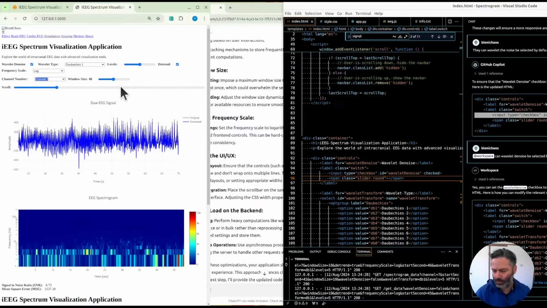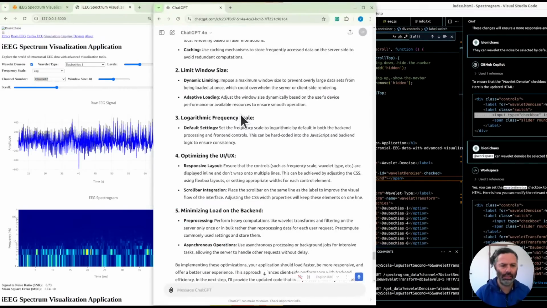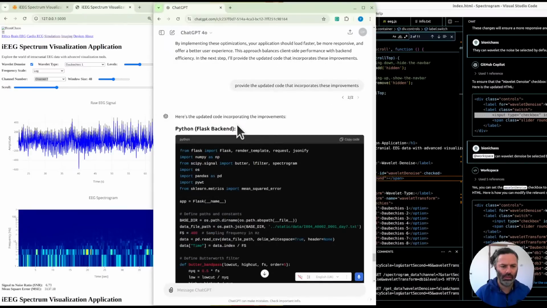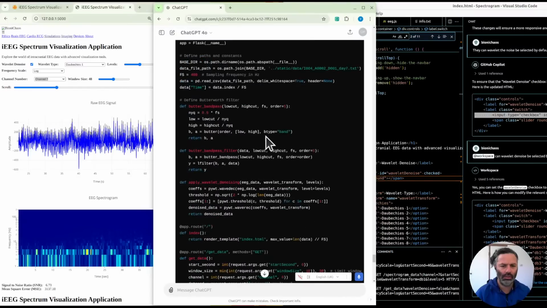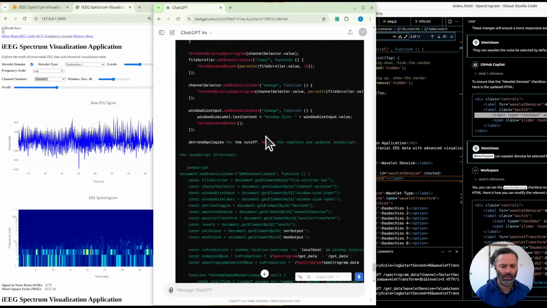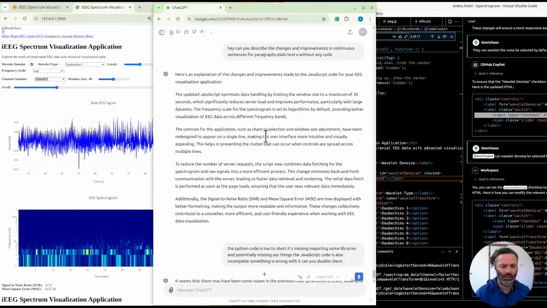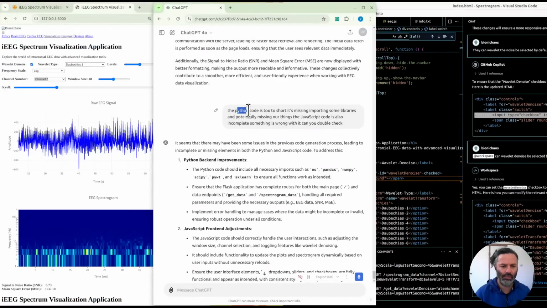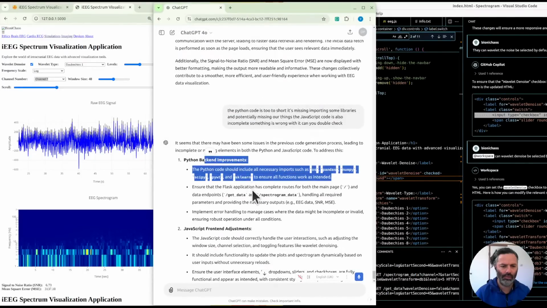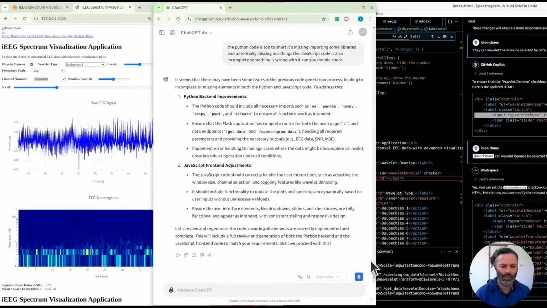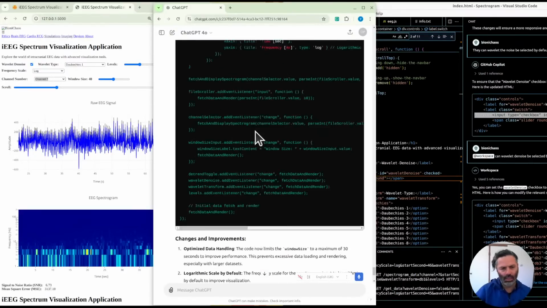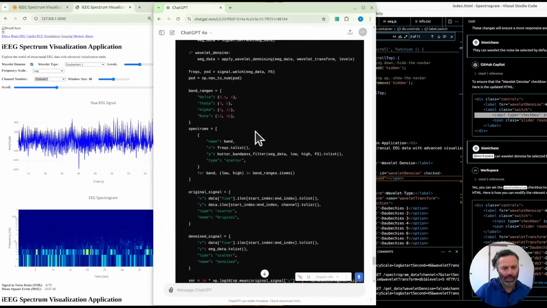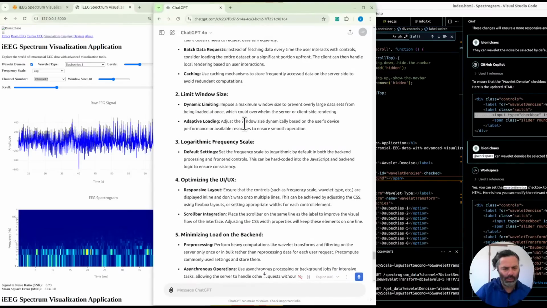Yeah, we'll do a maximum of 30 seconds. It's refusing to code, being a bit lazy. That's why we're using GitHub Copilot instead of